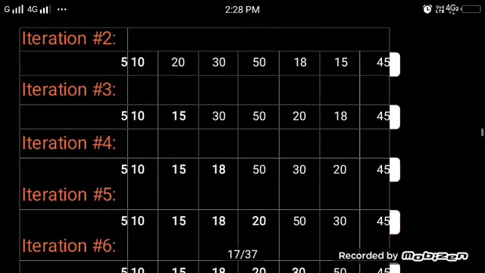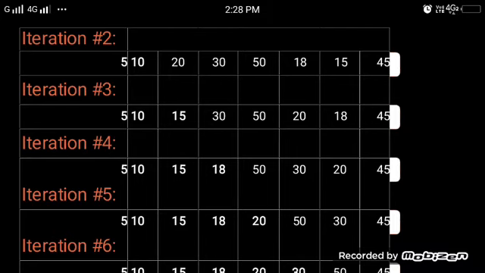First iteration and iteration 2: 5, 10, 20, 30, 50, 18, 15, 45. In this the swapping gives 5, 10, 15, 30, 50, 20, 18, 45.